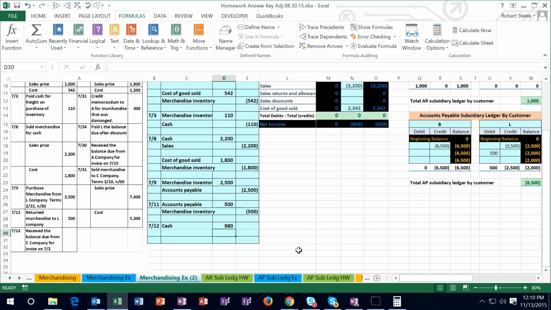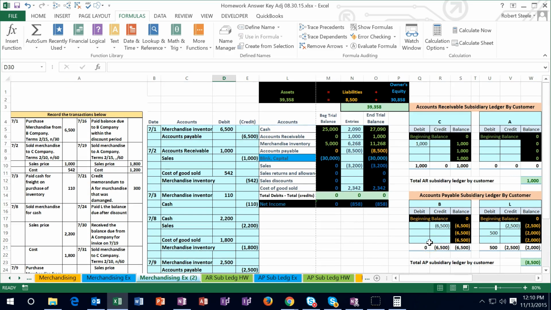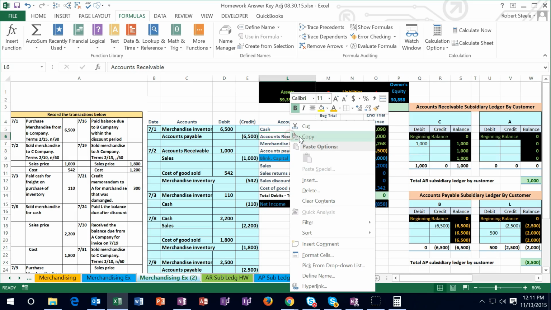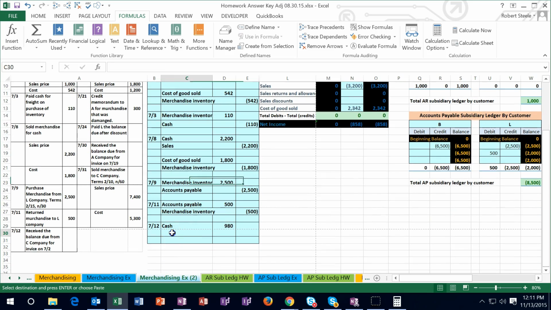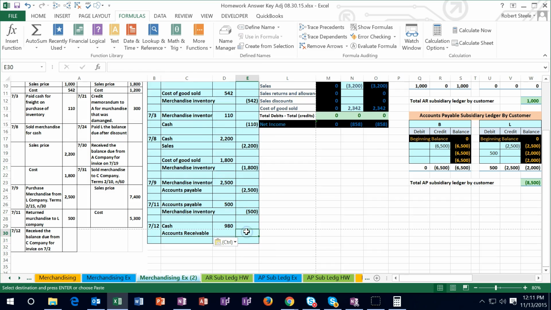Then I often like to think about the receivable going down because that's the normal thing that happens. And this receivable needs to go to 0. So this 1,000 needs to go to 0. So it has a debit balance. I need to make it go down. I'm going to do the opposite thing to it, which is a credit. So I'm going to copy that, going to put it here, paste it, 1, 2, 3. It's going to be a credit, not of the 980 though. It's going to be a credit of the 1000. Notice that if I put a credit of 980,